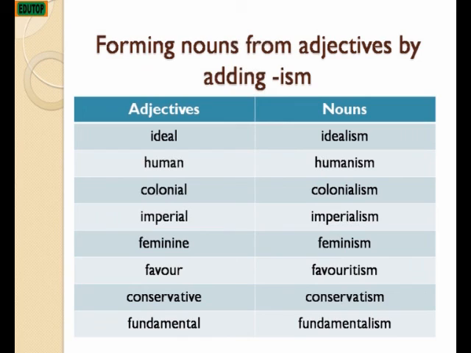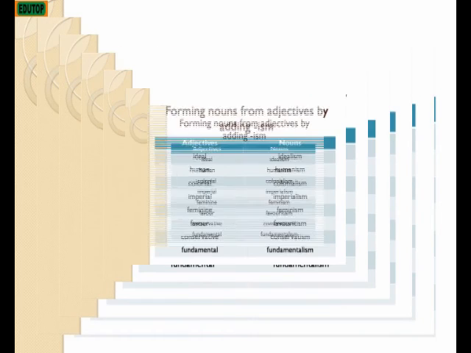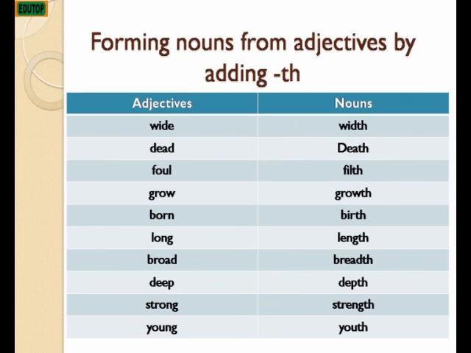Idea, idealism; human, humanism; colonial, colonialism; imperial, imperialism; feminine, feminism; favor, favoritism; conservative, conservatism; fundamental, fundamentalism, and so on. Nouns can also be formed from adjectives by adding th. We have wild, with,